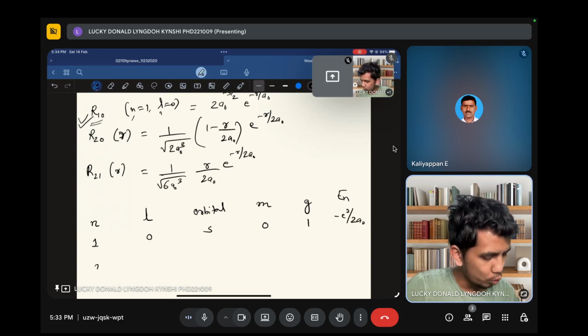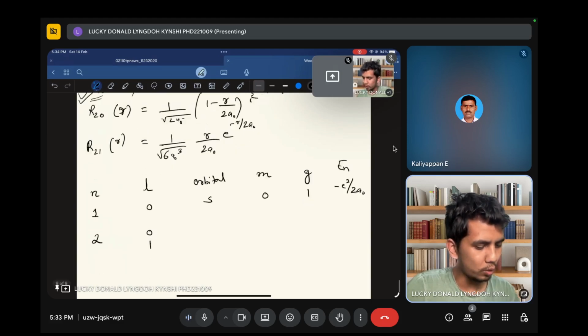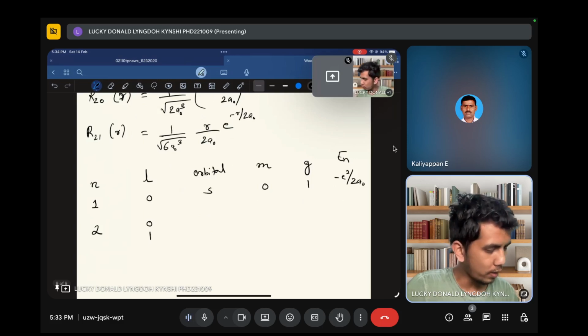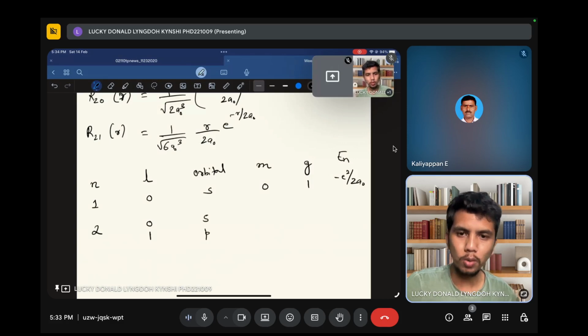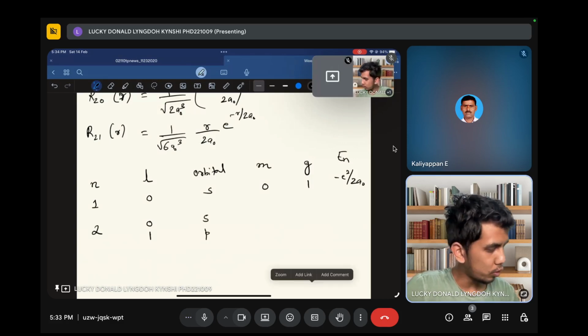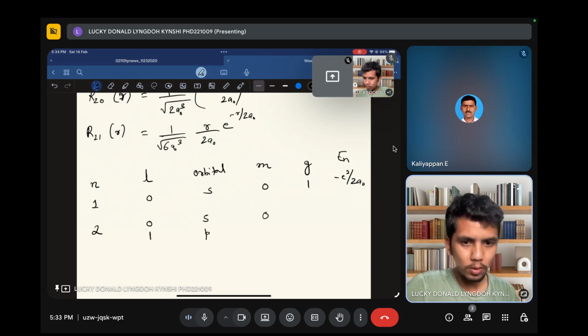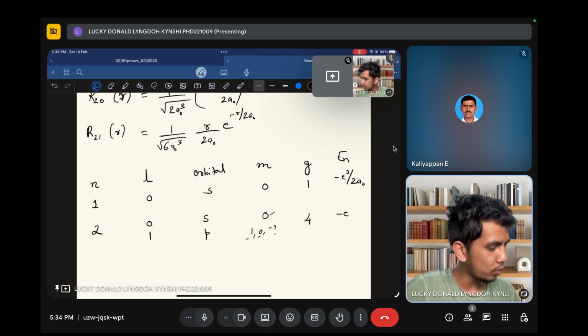When n is equal to 2, there are two possibilities. Either L is equal to 0 or L is equal to 1. There are two things, correct? So here the orbital will be s orbital and this will be p orbital. So L equal to 1 is considered a p orbital. m will be equal to what? Here m will be equal to 0. But here since L is equal to 1, m is equal to from minus L to plus L. That is 1, 0, minus 1. So if you talk about how many degeneracy, 1, 2, 3, 4. There are 4 degenerate states. Okay, and the energy of this is e square divided by